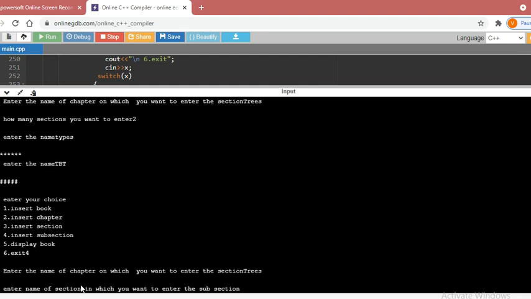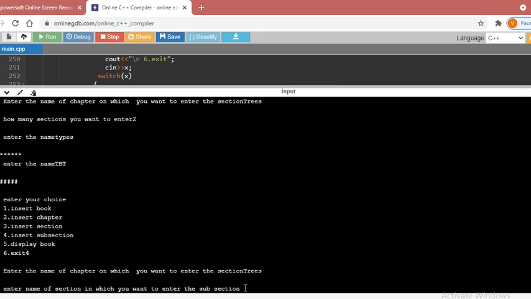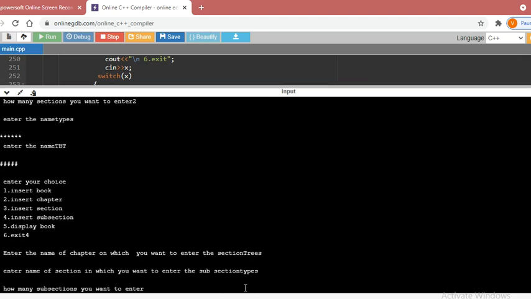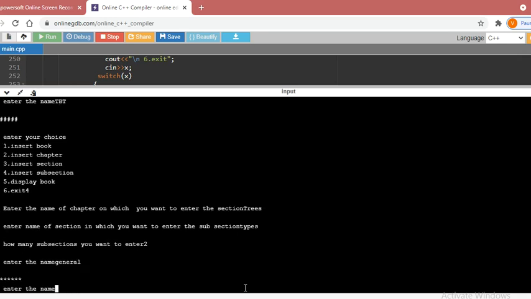After that, under which section do we want to enter the subsection? I say under types. How many subsections do you want to enter? Again I will say 2. The 2 types of the tree: general tree and binary tree.